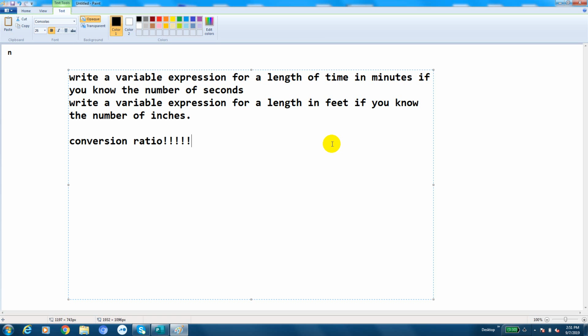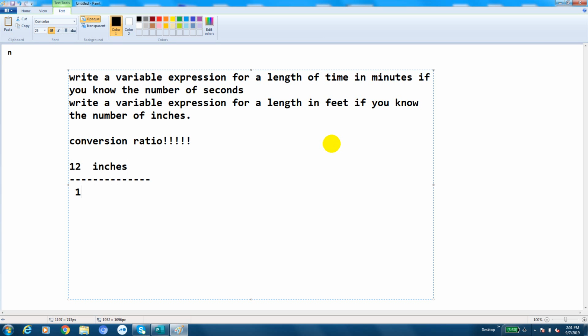So let's say you wanted to convert feet to inches. You have to know the conversion ratio. So the first thing you do is think about what the conversion ratio is between feet and inches. How many inches are in a foot, or how many feet are in an inch? How many inches in a foot? There are 12 inches